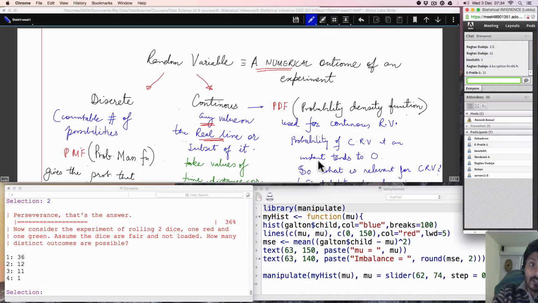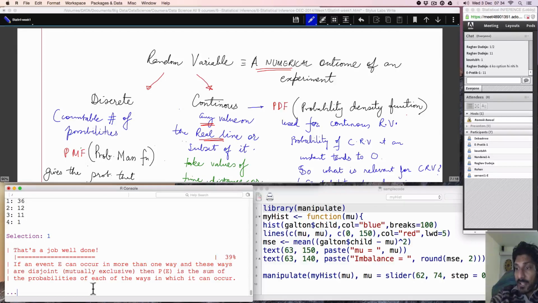11 is an output which I have termed as output. Outcomes are 36. Out of those 36 outcomes, I can create any number of random variables. Like in the coin toss, we created one random variable with possible values of 0 and 1. With two coin tosses, I could have created a different kind of random variable. So you should be very clear about the outcome part and the output part. Don't confuse them. The answer here will be 36.